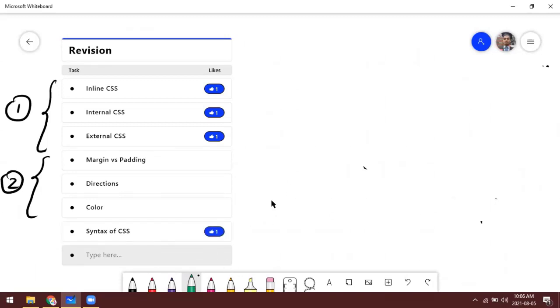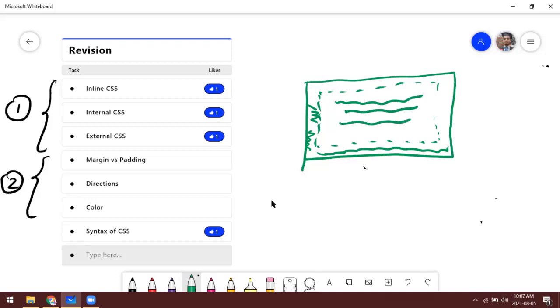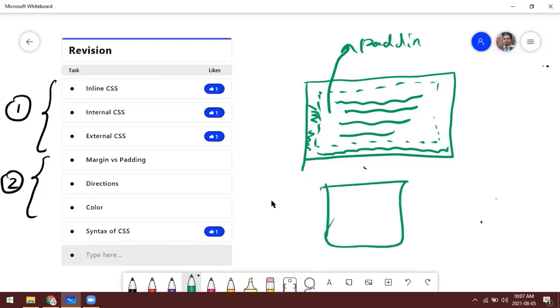This is our web page, right? Your content area's outer space we call margin, right? This inner space we call padding. For example, if you think of MS Word, even though the paper is like this, we don't start typing from here.